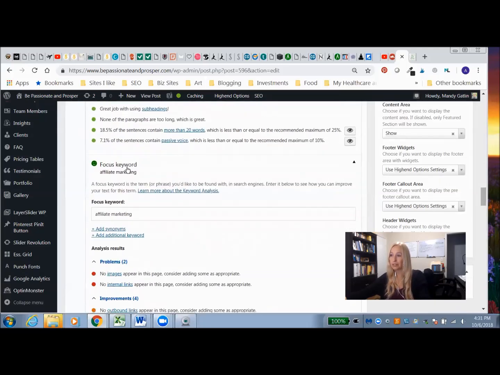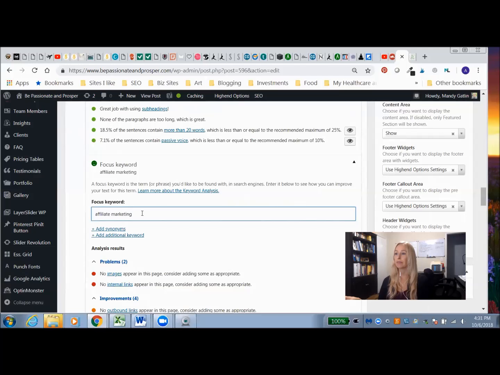But you want to go under focus keyword, pop that down, go into this little box and type in a keyword that you think you're going to be focusing on for this article. Now, that may change, and you can always tweak this as you go back up into your post and work on your post. You can change the keyword. Some of my recommendations for you on this